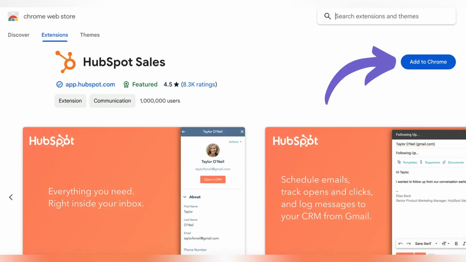By the way, if you're an Office 365 administrator for your company, you can actually deploy this centrally to your entire organization, so your team doesn't have to install it individually. Once it's fully set up, you'll have instant access to all of your HubSpot templates, documents, and sequences right from